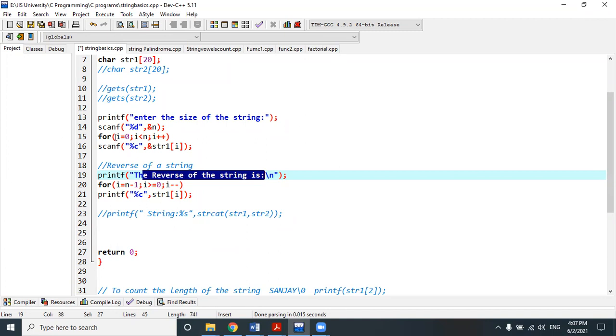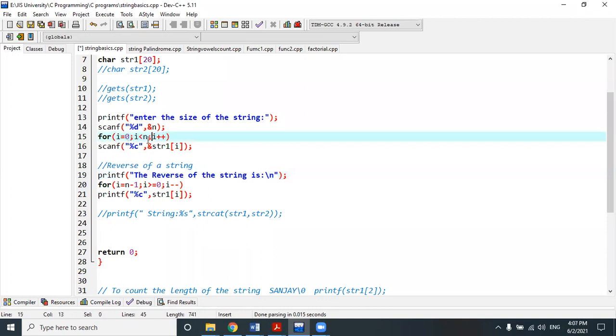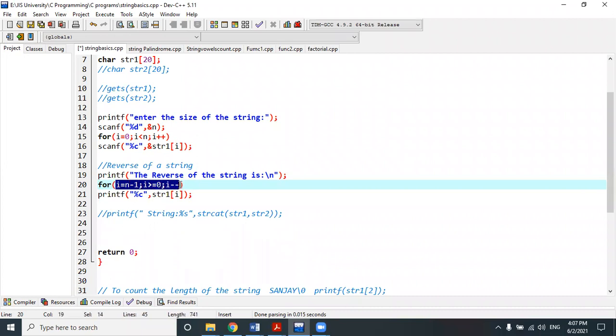What is the last location? According to the reading criteria, the last location will be n minus 1. It is less than n, meaning what? n minus 1. So that's why we have started reading from n minus 1 at the time of reversal, right? And it will repeat until it reaches 0. That's why greater than or equal to 0 has been written, because we have to include the 0th element. Okay, so that's why 0 must be written here, right? And then we will perform i minus minus. That means the decrement operation, because each and every time it will be decremented.